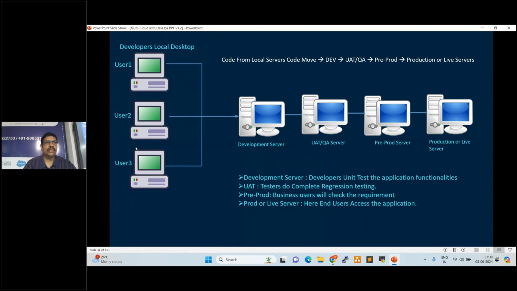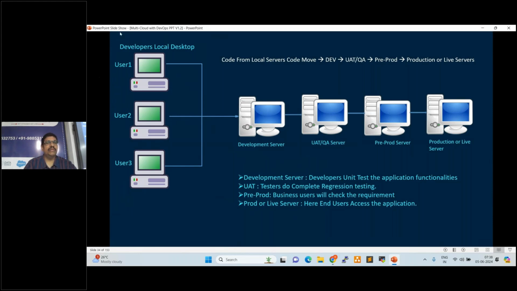What is a workspace? It is where we start our development, where we start our work. For developers, that is the local workspace, which is nothing but local desktops or laptops. So developers start their development in their local workspace.